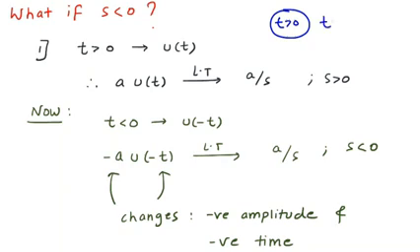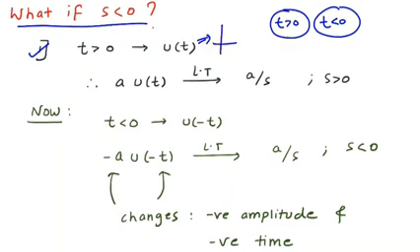Your question might be, when my t is less than 0, what should I do? So for that, this is this slide. What if my s is less than 0, which means my region of convergence is in the negative side. As you can see, the very first point, when your t is greater than 0, this signal is known as a step signal, or you can say the step function. U of t graph is like this, where it works when your time is greater than 0. So when your time is greater than 0, it will work. When your time is less than 0, it won't work.